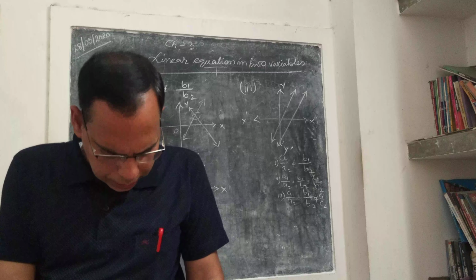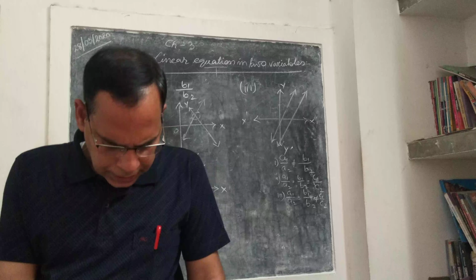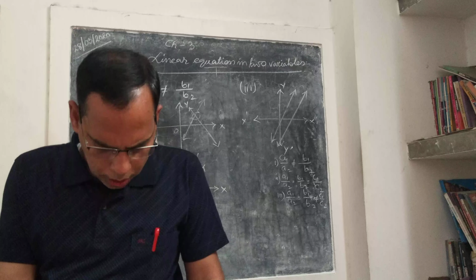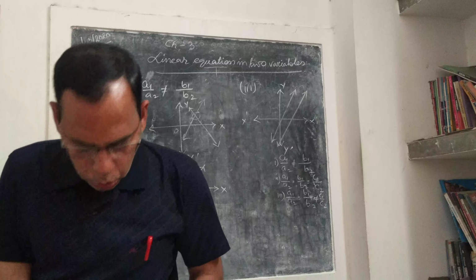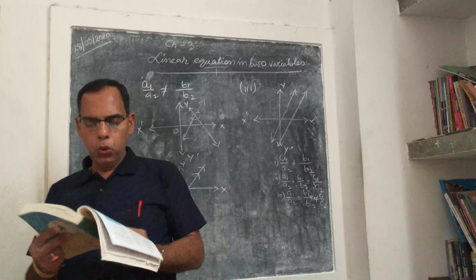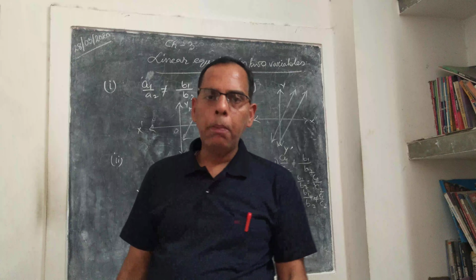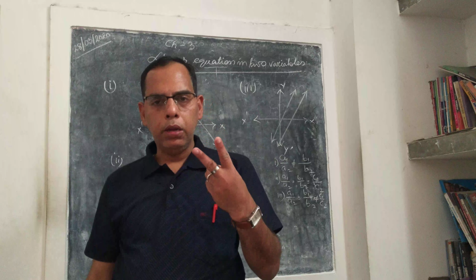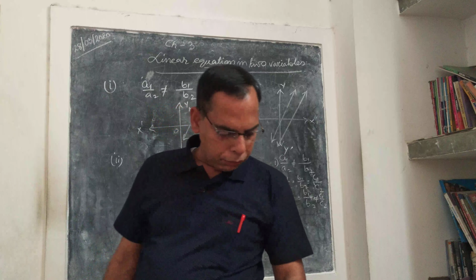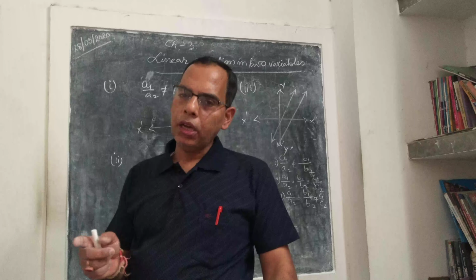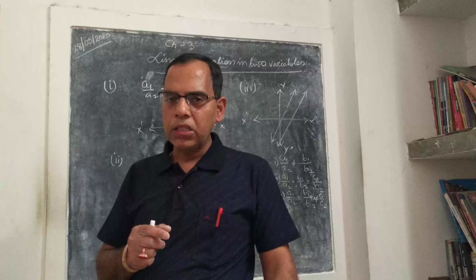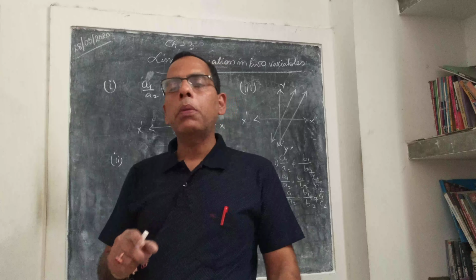See, Aftab tells his daughter, 7 years ago, I was 7 times as old as you were. Remember, here there are two variables. What is that? First one, you see, Aftab tells his daughter. Who told? Aftab. So Aftab's age should be there. And automatically,